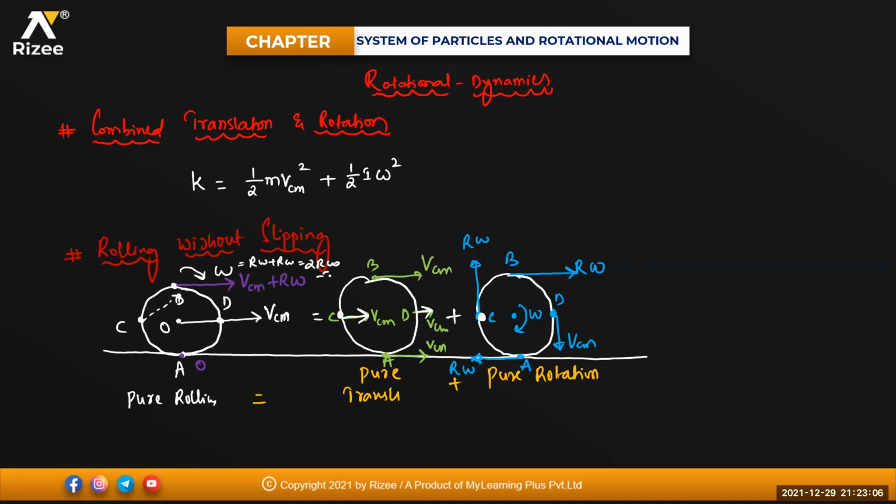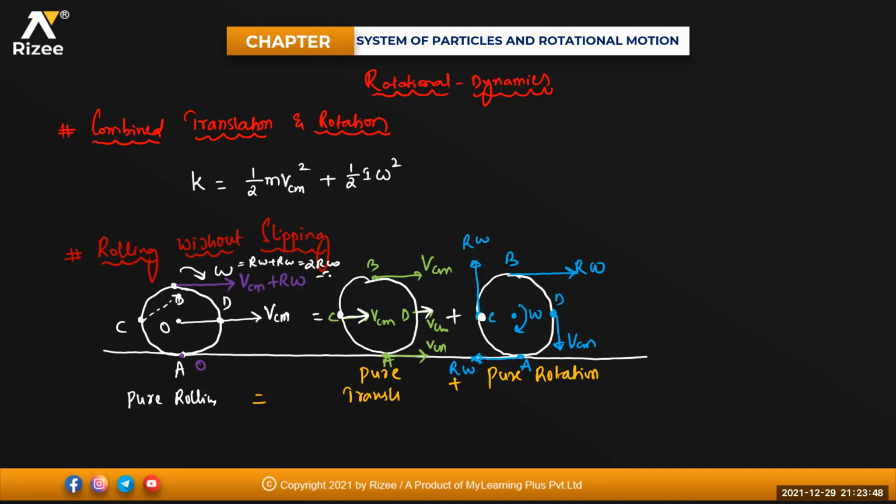For combined translation and rotational motion, it is the sum of your kinetic energy plus rotational energy, beta. So K is equal to half m VCM square plus half into I into your omega square. Now if I'm talking about rolling without slipping, so for a pure rolling, VCM must be equal to R omega. For a pure rolling, it is a combination of a pure translation and pure rotational. So for a pure rolling at highest position, it will be equal to 2R omega. And at a point A, it will be equal to your how much for me? 0. Okay. And at a point C, the resultant will be root 2 times of VCM. And at point D also it is root 2 times of VCM.